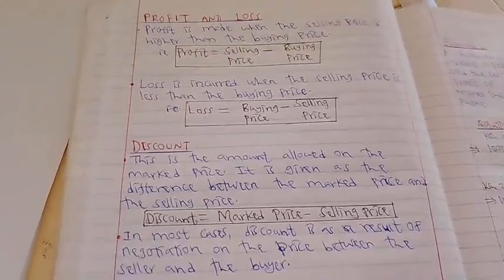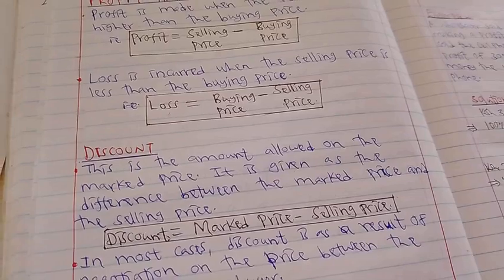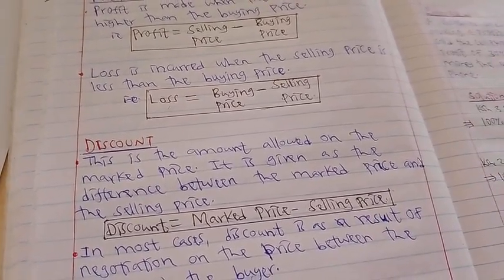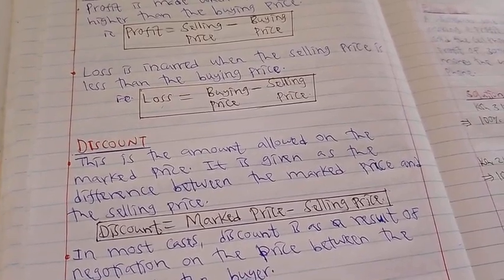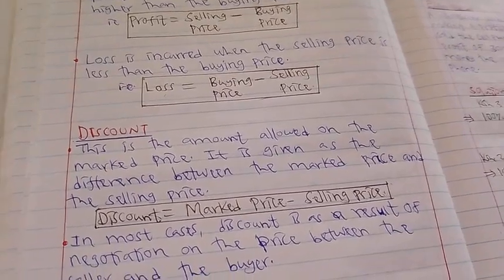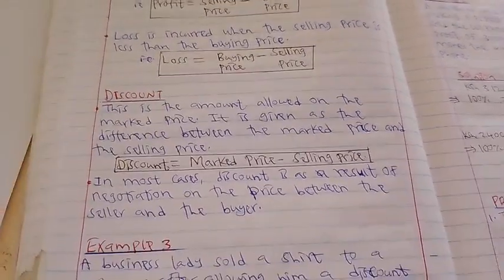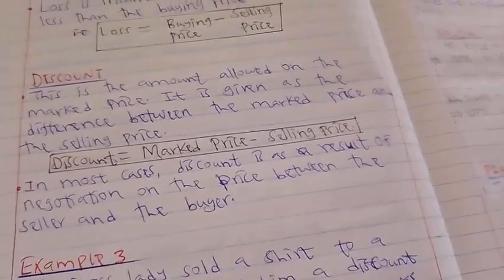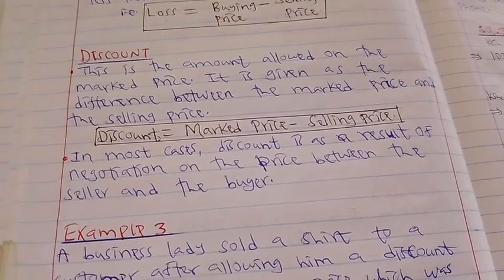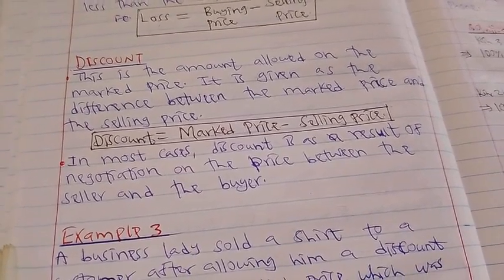Now, next is discount. Discount is the amount allowed on the market price. It is given as the difference between the market price or the price tag and the selling price. Discount is marked price minus selling price. This one is a result of negotiation between the seller and the buyer. When the buyer and the seller negotiate the price,